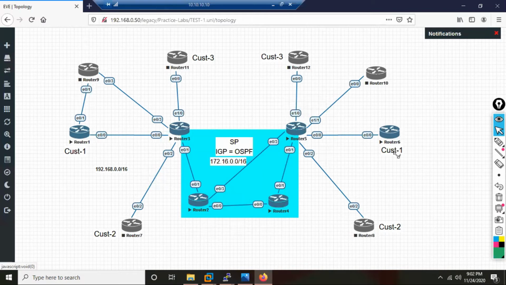I did not have any hardware, any IOS, any software kind of thing. And now people have become so lazy, they don't want to even create the net file. You just take a photo of this screen and you can create your own topology. But that also they don't want. For everything they want net files, for everything they want configurations. As if tomorrow is the exam for them. They're going for exam tomorrow. That they can't waste time in doing all this thing.